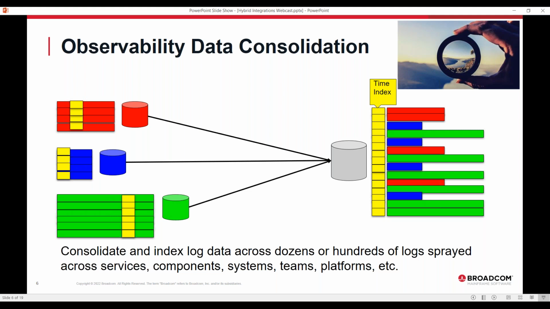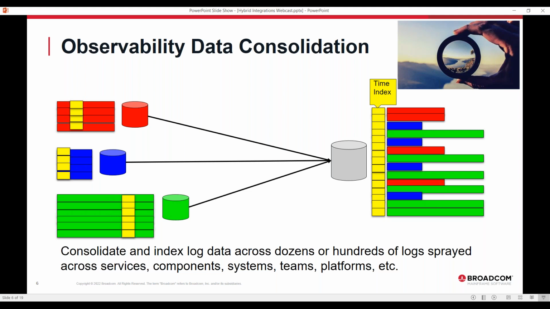This can be multiple logs within the mainframe. You could have stuff spread across in syslog. You could have other stuff in Unix System Services log files, and it could also include logs from Kubernetes clusters running on x86, running off platform.